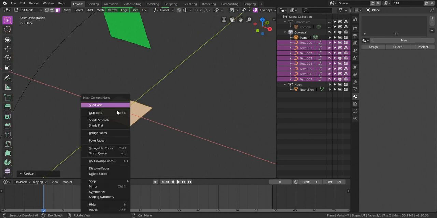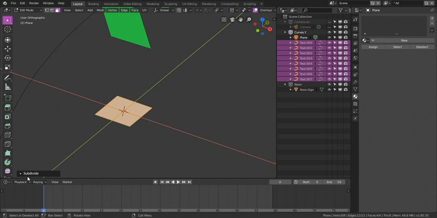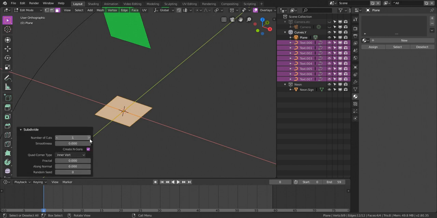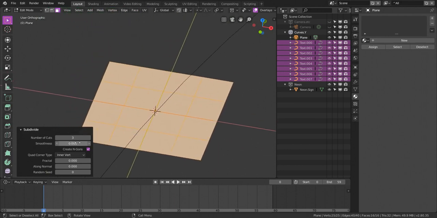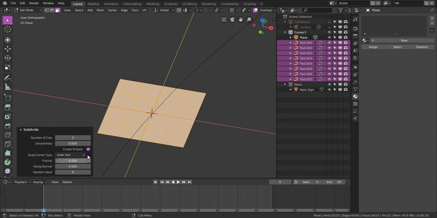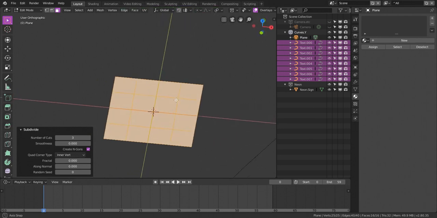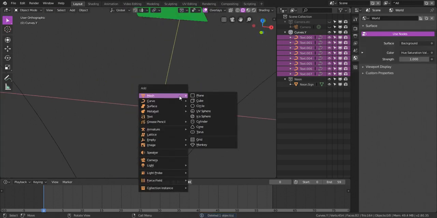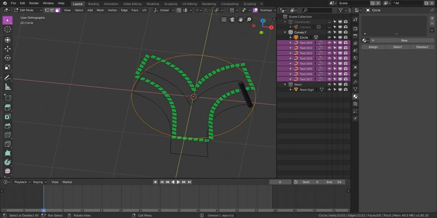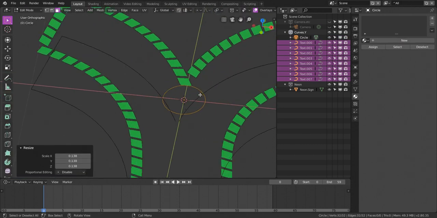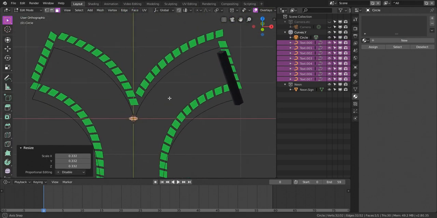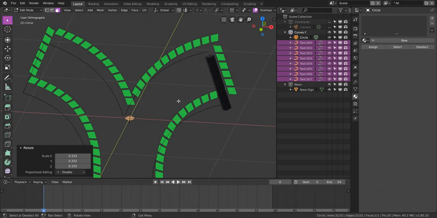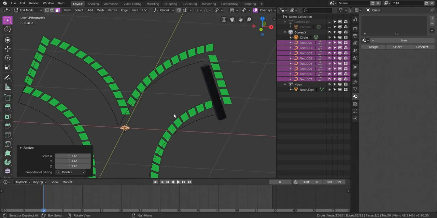So I just started with the idea of maybe a subdivided plane as our particle, and then a little experimentation with this new Blender 2.8 subdivide led me to believe that that will in fact not make a nice curved sort of shape. It doesn't seem to work on a flat plane. So I decided I'll just use a circle. So I've created a new circle, tab into edit mode, scale it down, push F to make it a full face, and now we need to rotate it up, so that should be RX90 to rotate it so it's facing